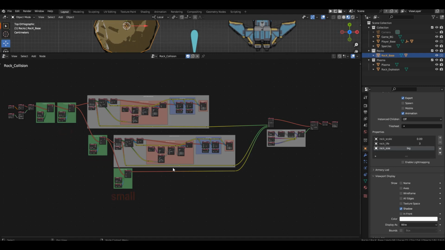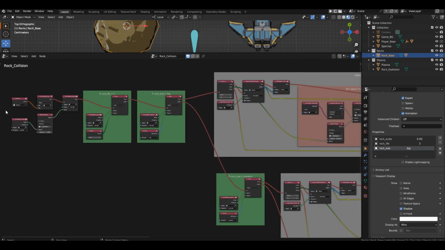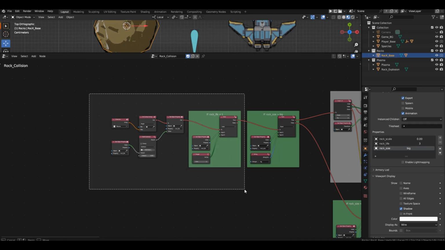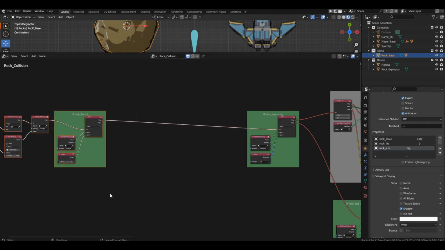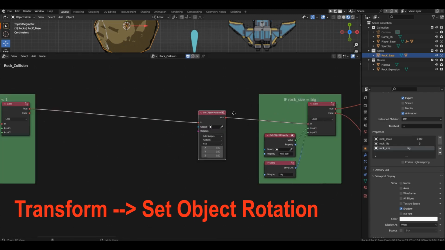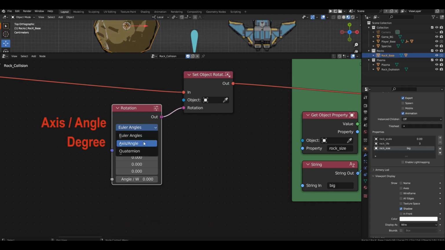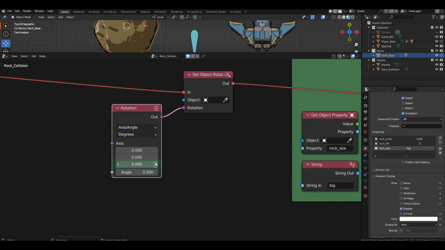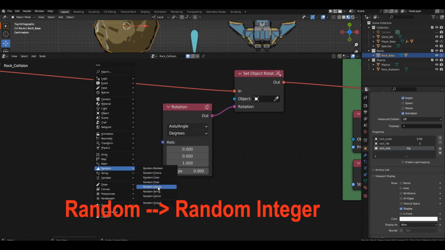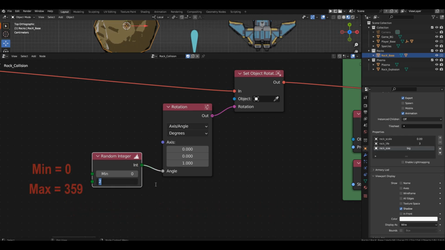The final touch. Let's rotate the asteroid to a random angle before checking which asteroid we destroyed, so the rotation angle of the new asteroids will be different each time. To do this, right after we make sure that it's time for the asteroid to rest, add a set object rotation block, which we will set to the familiar axis, angle, degrees mode. As always, change the z-axis value to 1. Connect the angle input to a random integer block with a value range from 0 to 359.